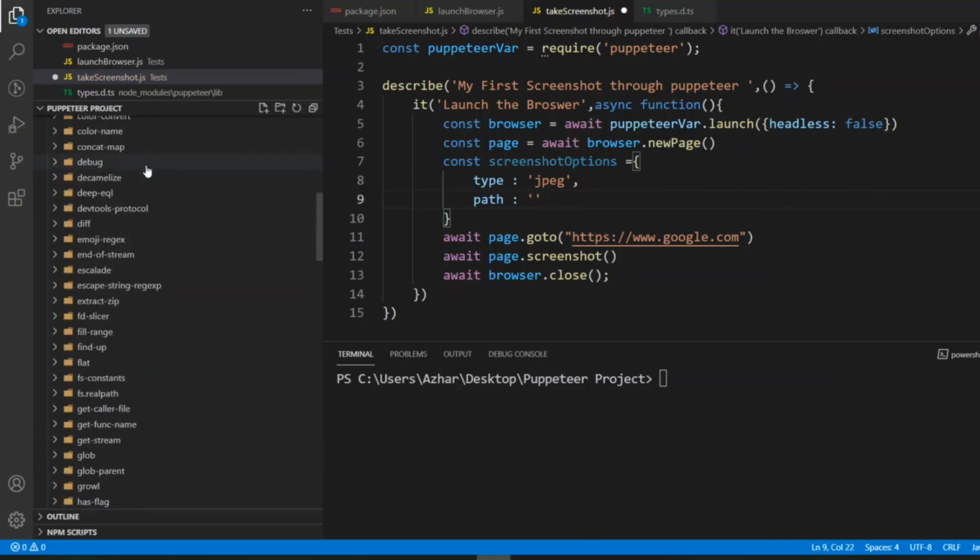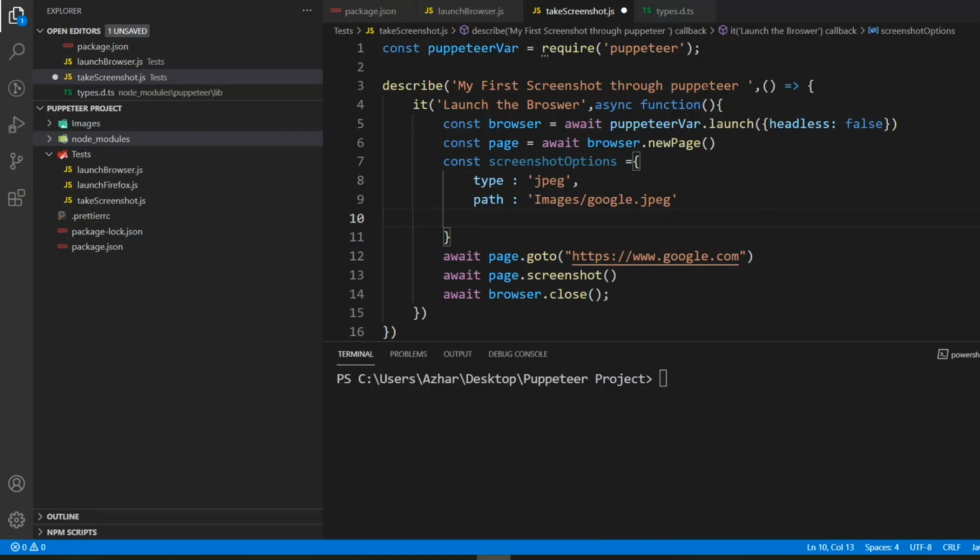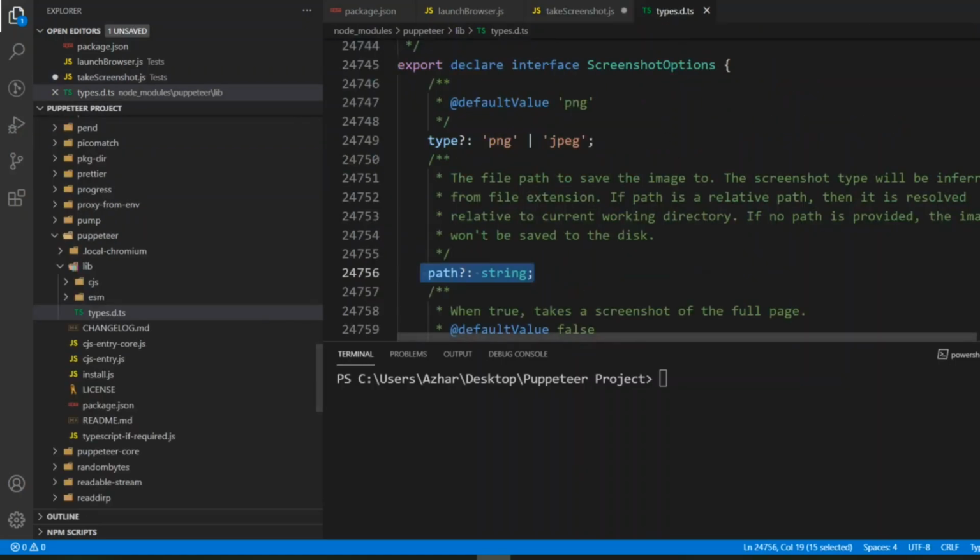So if I go to the top here, I want this path, so I'll be writing images slash. Under this folder I want my image to be saved, and as I'm launching the Google website, I'll just write google.jpeg.